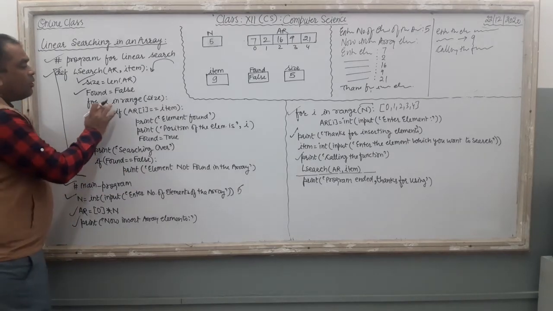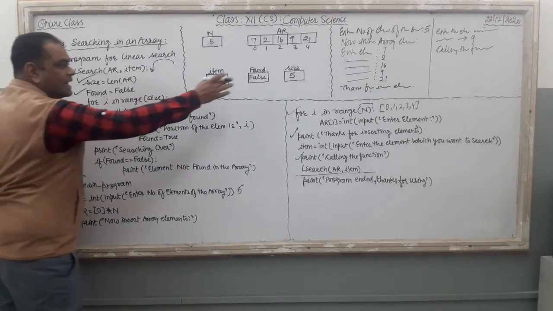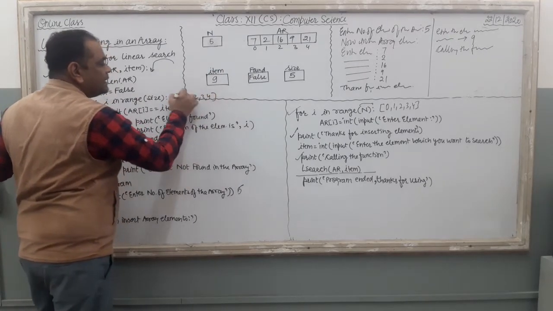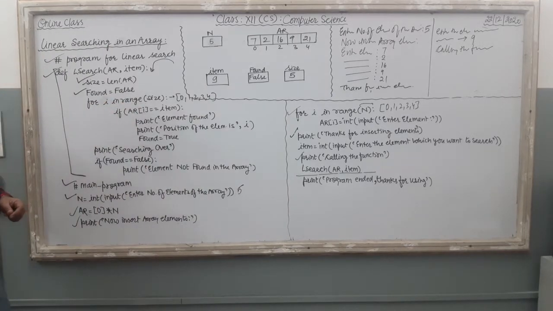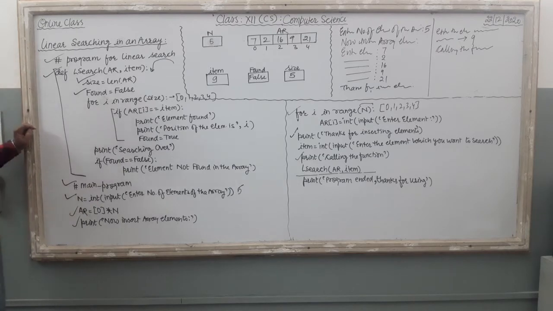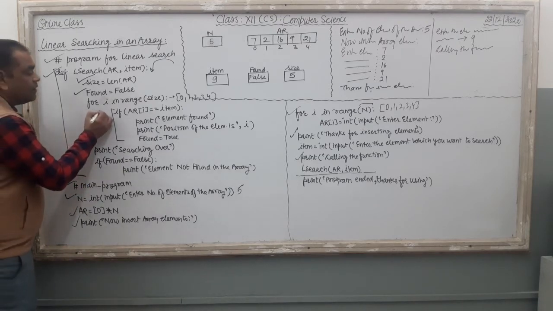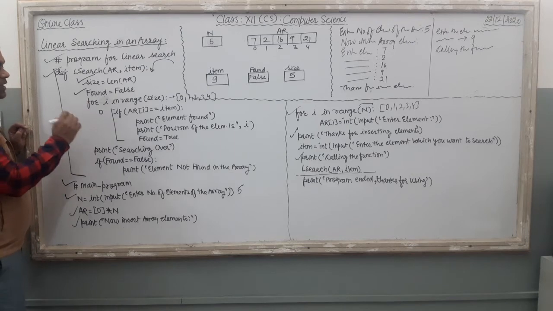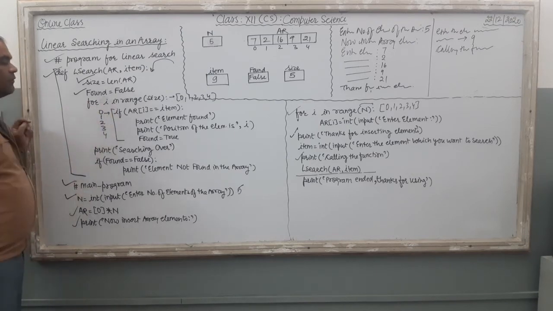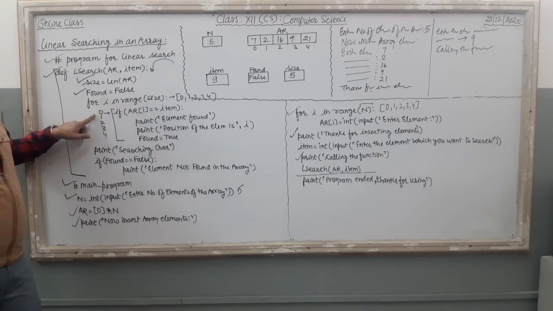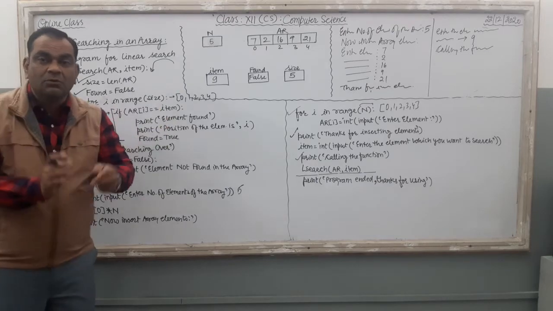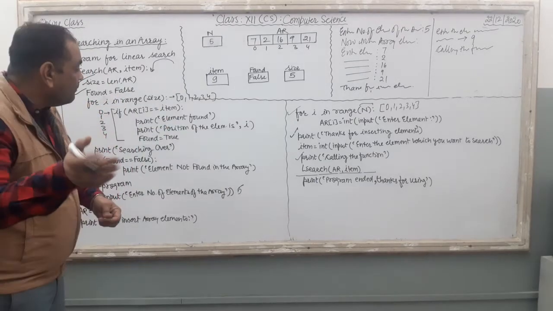Now just see, for i in range size, what is size? It is 5. So this function will produce 0, 1, 2, 3 and 4. This sequence is produced by the range function, and then the statements that are there inside the for loop will execute, very first from the value 0. i की value 0 होगी, then i की value 1, 2, 3, 4. Suppose very first the value of i is 0, then what will happen? Just see, if AR 0 equal to item, double equal to means it is an equality checker, means what?